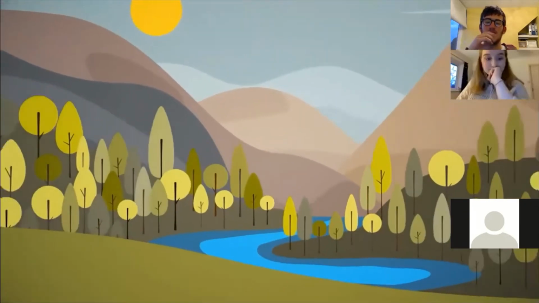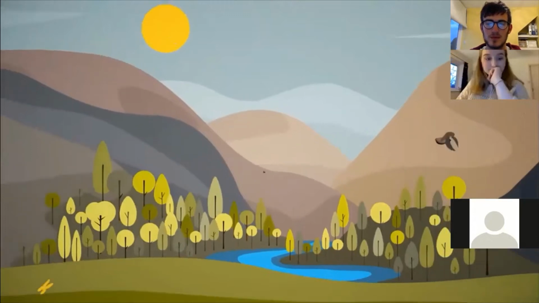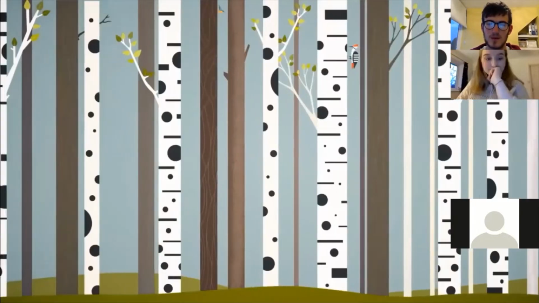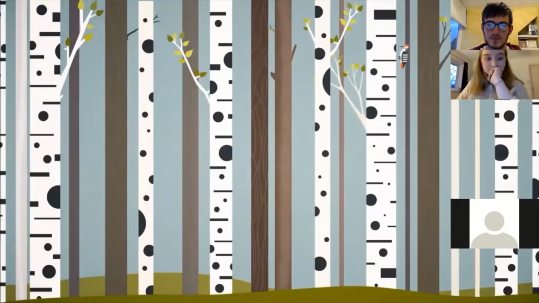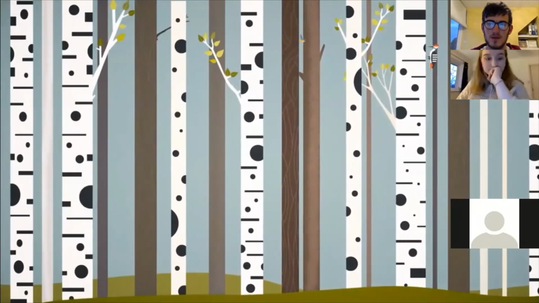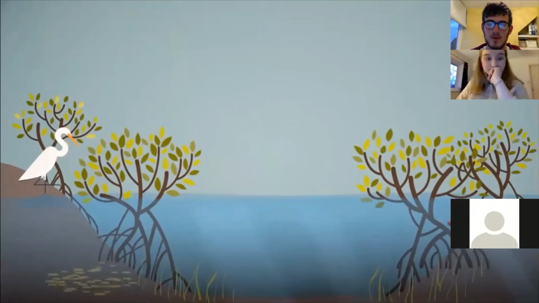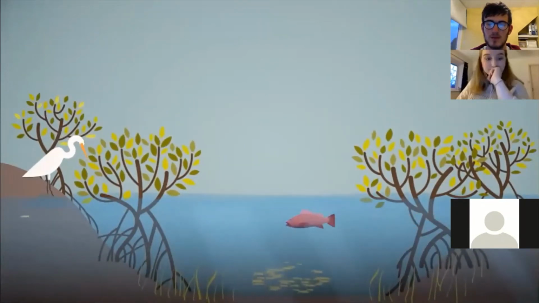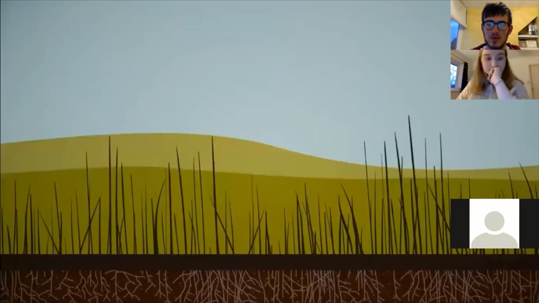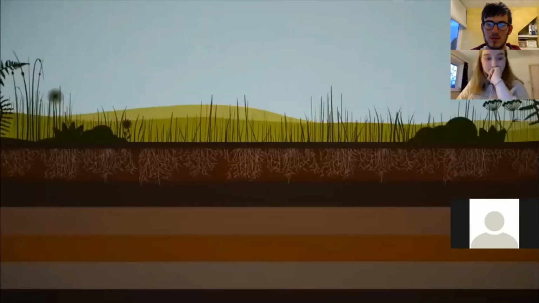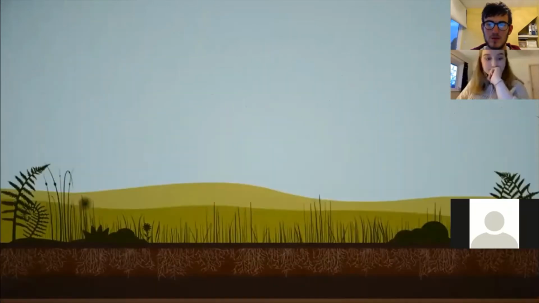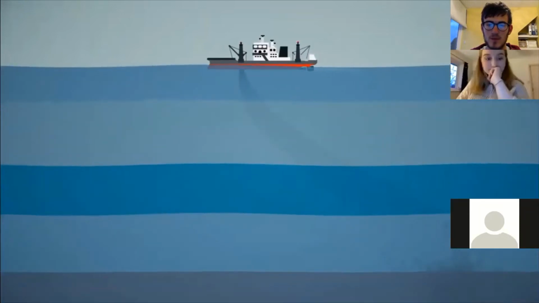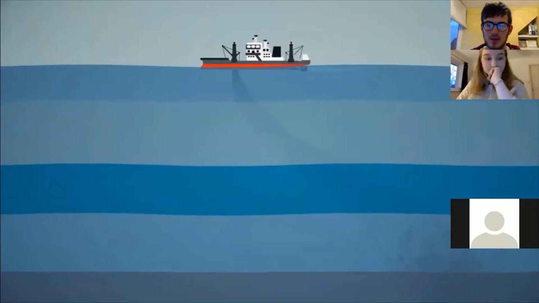When living systems are allowed to recover, they can suck carbon out of the air and lock it up. As forests grow, they turn carbon dioxide into wood. Mangrove swamps and salt marshes build up carbon 40 times faster than forests do. Wet soils like peat turn dead plants into stable carbon stores. The seabed is a massive carbon hoard. It needs protection from trawlers and dredgers.